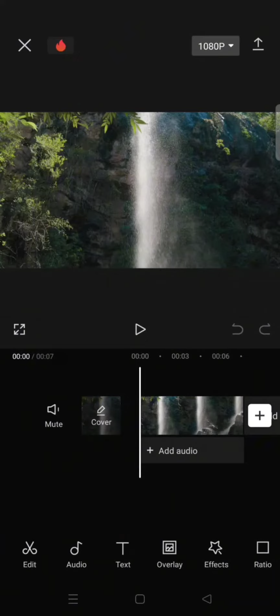On today's video, I'm gonna show you how to add fade in and fade out effect in CapCut. So here I've already imported a clip, and to add both fade in and out effect, you just need to